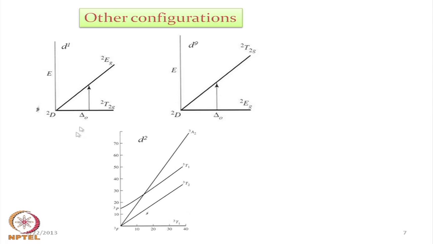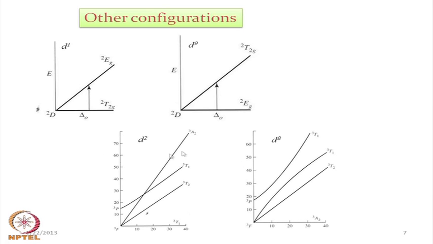Basically, we already know we should be able to predict it for the corresponding d2 electronic configuration. What we are seeing in case of the vanadium compound is that we have the 3 excited levels, and we have labeled this as the corresponding ground state and the 3 other excited states. So, once we know it for the vanadium compound, we should have some good idea for its whole equivalent, which is the d8 electronic configuration, which is the most common one,